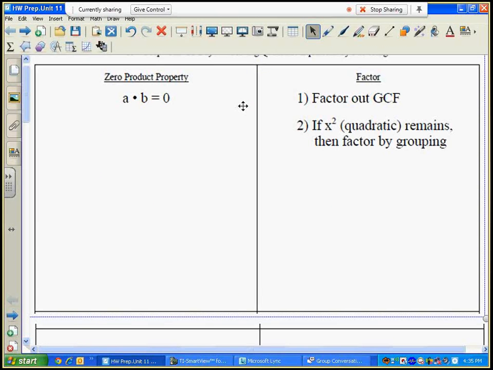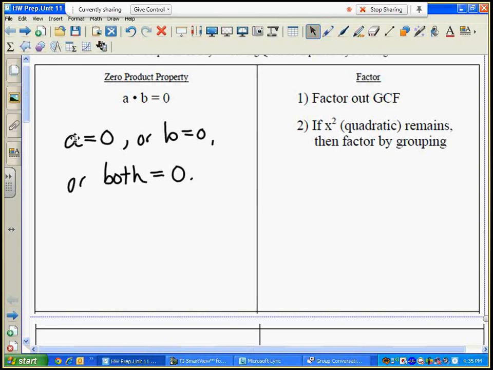I'll ask you guys, well, what does that tell you about A and B? And what you guys should tell me is that in order for this to be true, either A has to be 0, or B has to be 0, or both have to be 0. Okay? In other words, one of those guys has to be 0, or both of them have to be 0. Now, this little piece of logic here we're going to use quite a bit as we begin to factor these